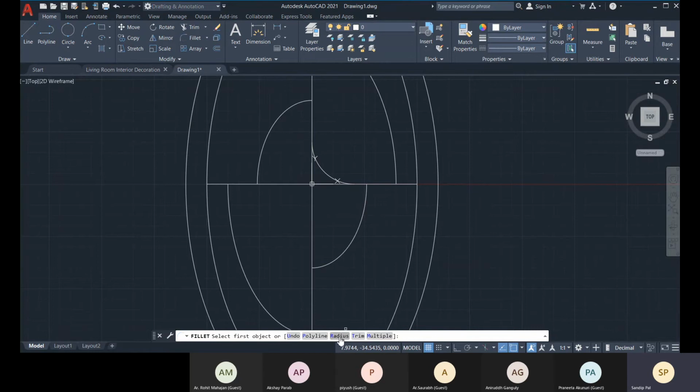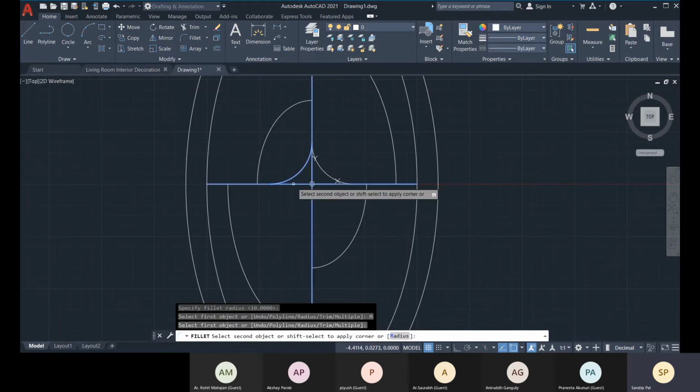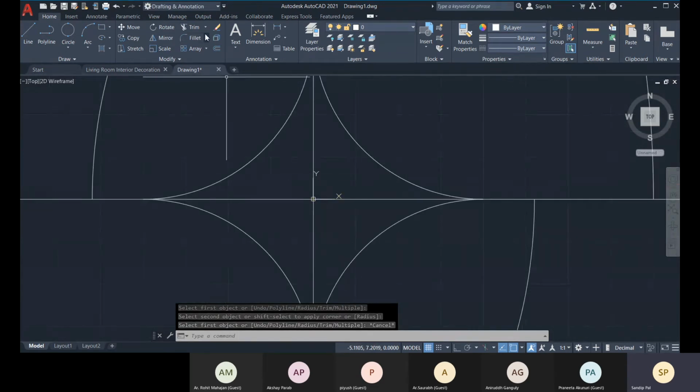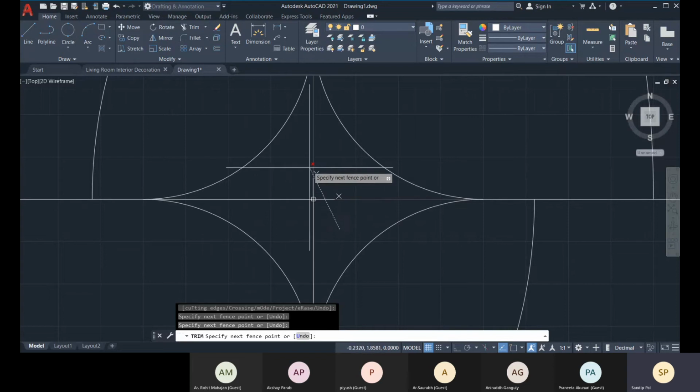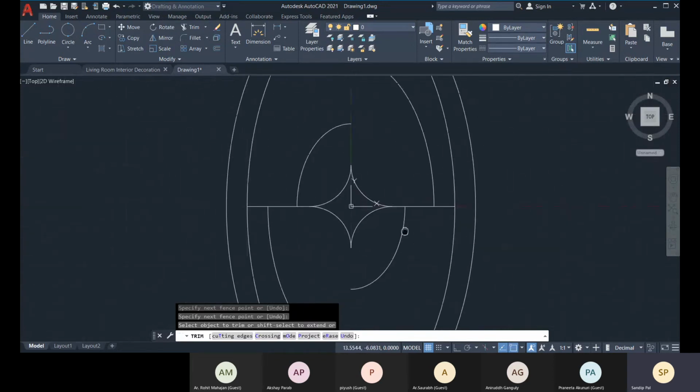So what I should do, I should specify this radius and then go for this multiple option, and then with this single command I can have multiple fillets with the same radius. Now I will just trim this part, select trim, okay.